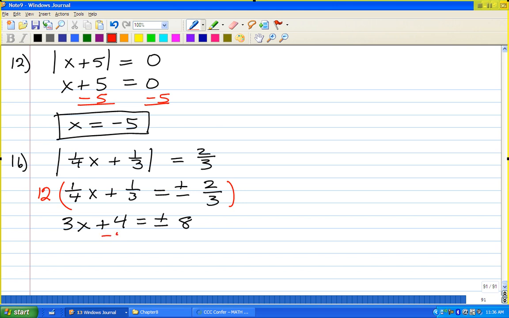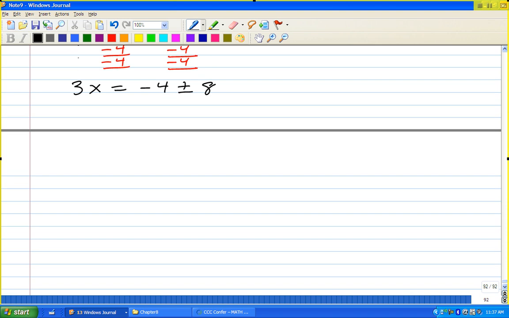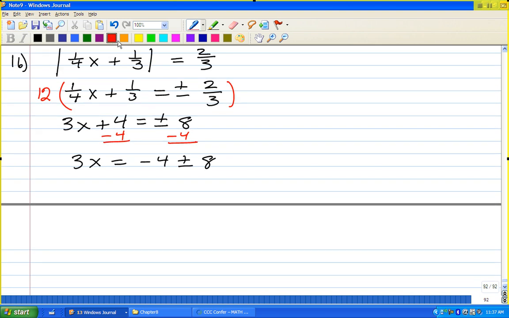So subtract 4 from both sides of my equation. So 3x is equal to -4 plus or minus 8. Let me divide both sides of my equation by 3. And so x is equal to,